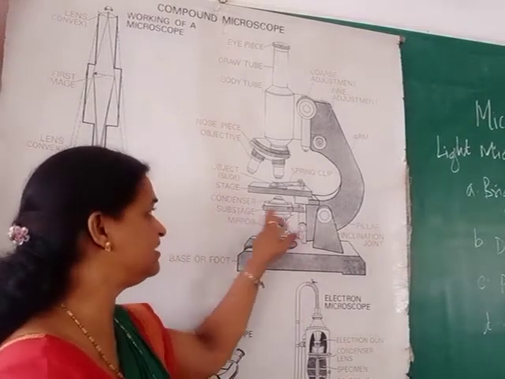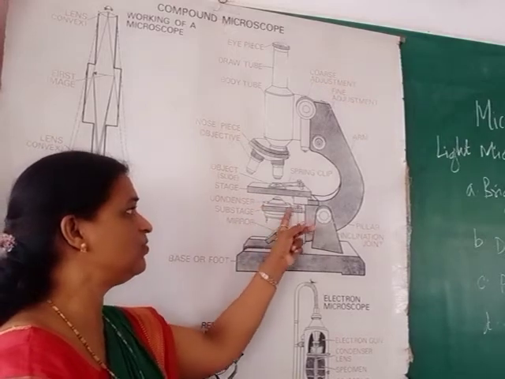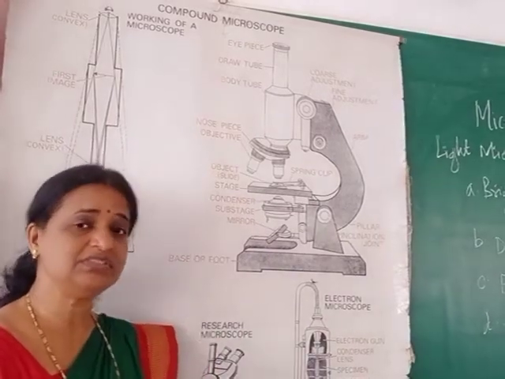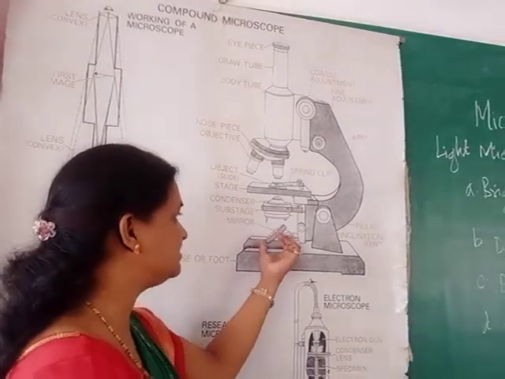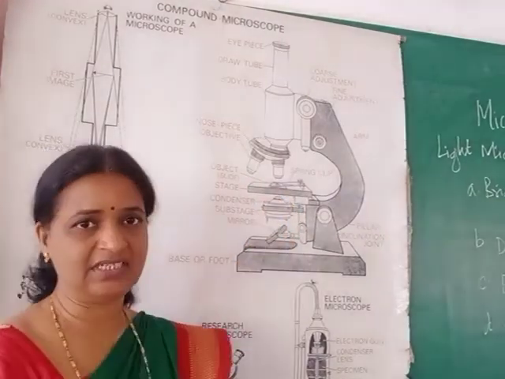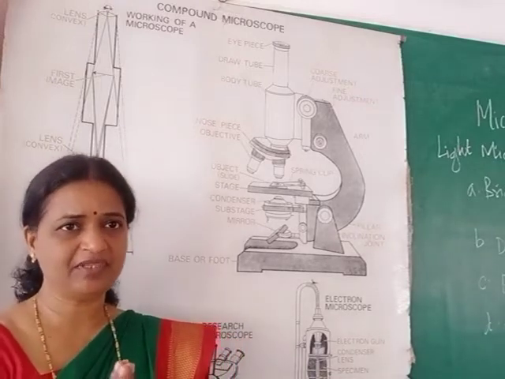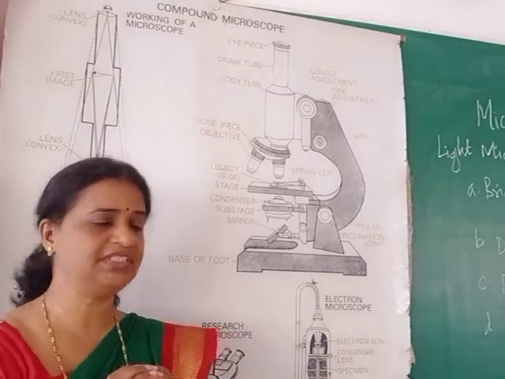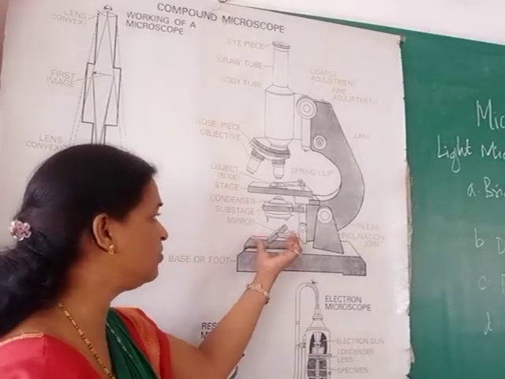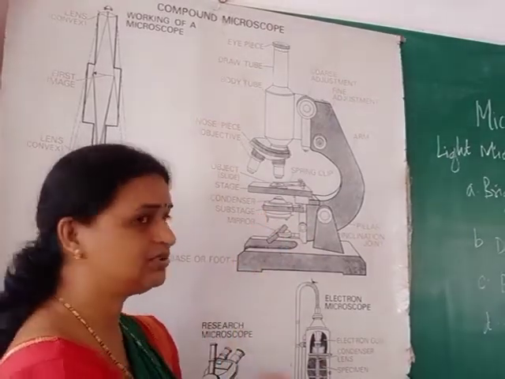Just above the mirror, a second illumination part is there. It is called the condenser. This condenser is held on the substage condenser. What is the function of the condenser? The condenser gathers the light coming from the mirror and concentrates that light on our object. You should have a bright illumination on the object, then and only then can we observe the object. So for getting more light, the condenser is helpful. The condenser forms a cone of light. It gathers the light and all that light is allowed to fall on our object. So that is the function of the condenser.